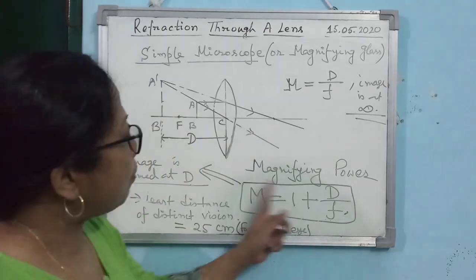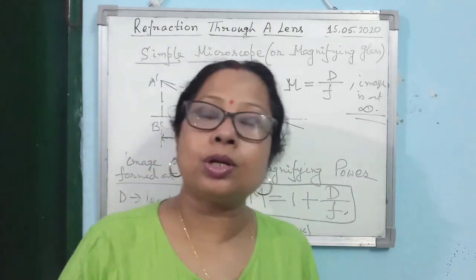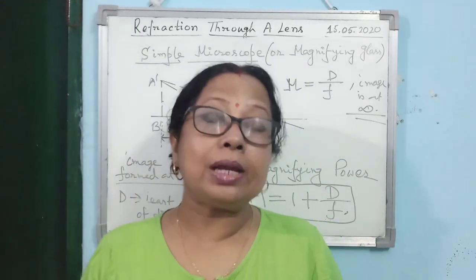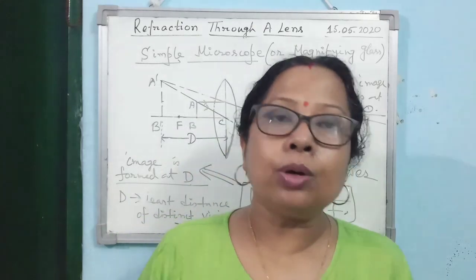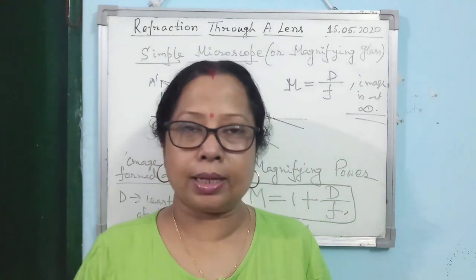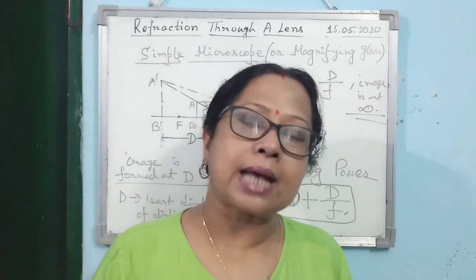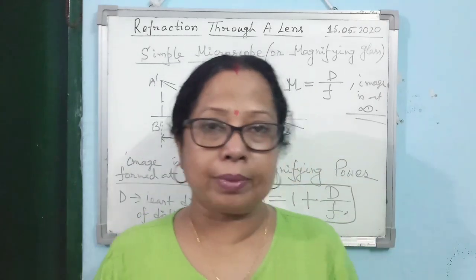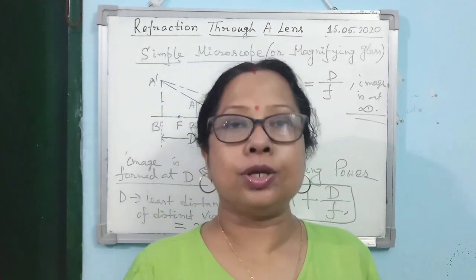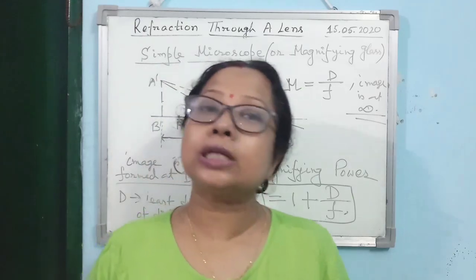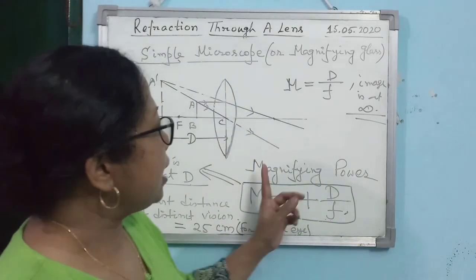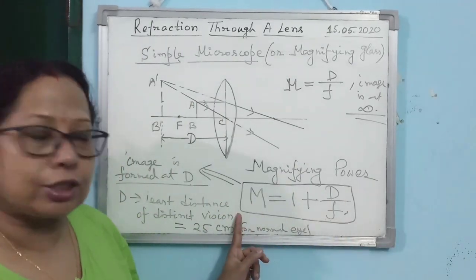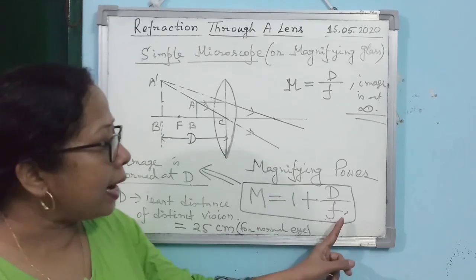Alright? Now, from this, you can get a conceptual problem also. As I said, which kind of microscope will you prefer to use? The microscope having higher magnifying power, isn't it? Because if the magnifying power is higher, then what will happen? It will be able to produce a more enlarged image, okay? And it will be easier for you to visualize the image clearly. So if you want to increase the magnifying power, look at this expression. How can you increase M?